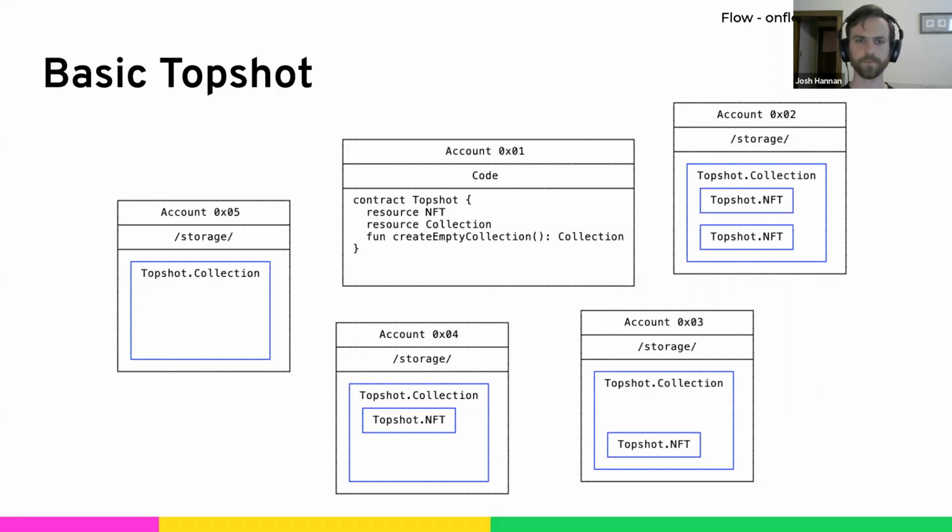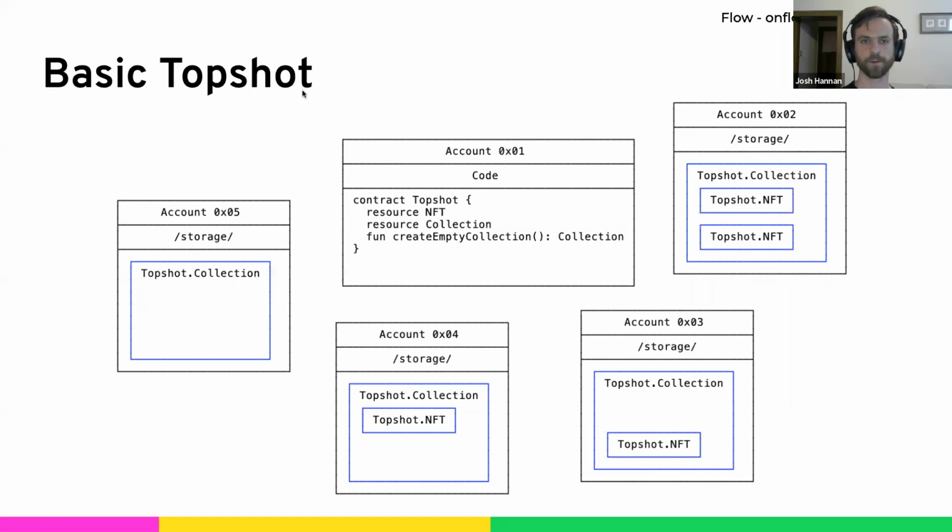So that covers the core of the Topshot smart contract. And all these other boxes surrounding this code represent various accounts in the network that all have a Topshot collection in their storage and have different Topshot NFTs stored in that collection. A collection can hold any number of NFTs inside of it,